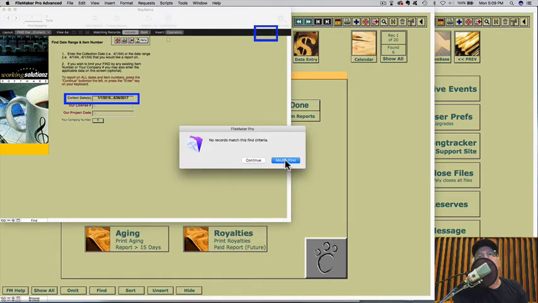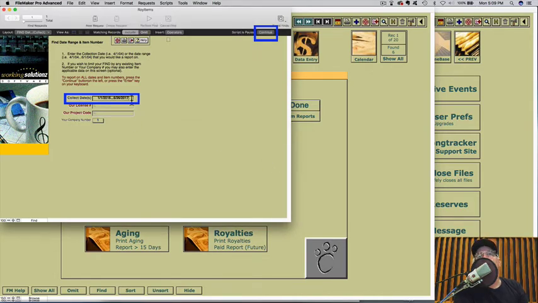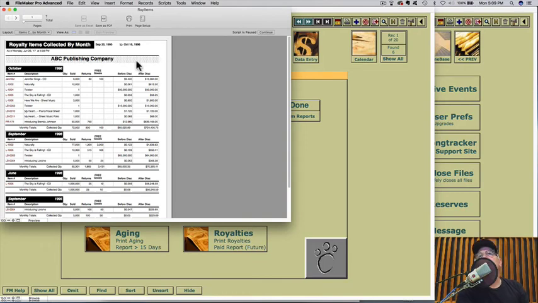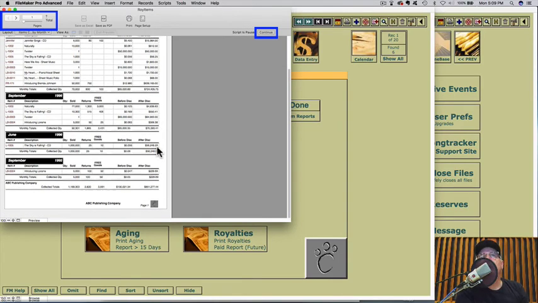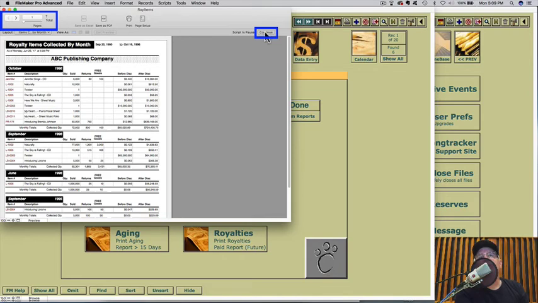It says, whoops, there's nothing matching. Well, let's see if we can find something just by company then. See if there's anything. There we go. Royalty items collected by month. This breaks down all your collections. So if you want a printout of your collections that are entered in the license file, this is how you do it. You do it from the royalties, but you go over to the